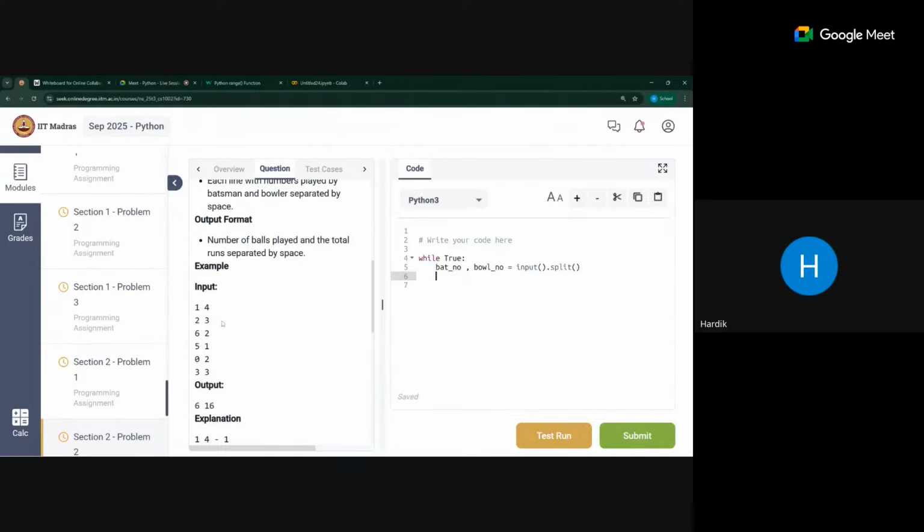So the first condition for out is that the batsman and bowler get the same number. So the bat number equals the bowl number. We will use an if condition here. If that's the case, then basically break, right? Break the loop. We'll use break when our batsman gets out. If this is the case, then do this. Otherwise,